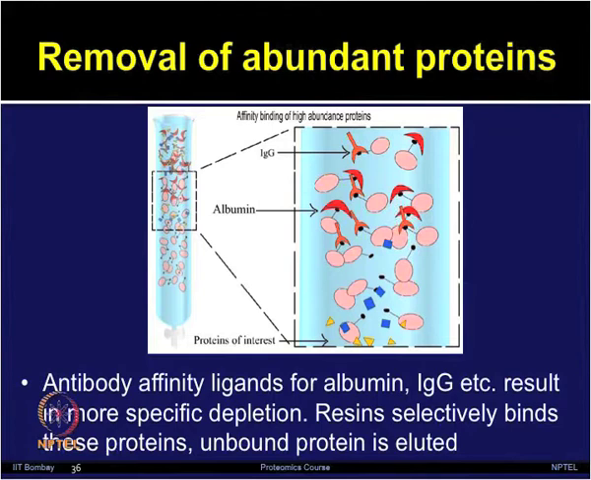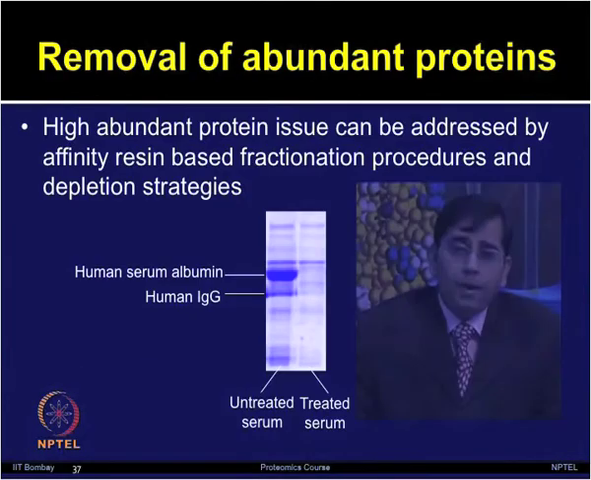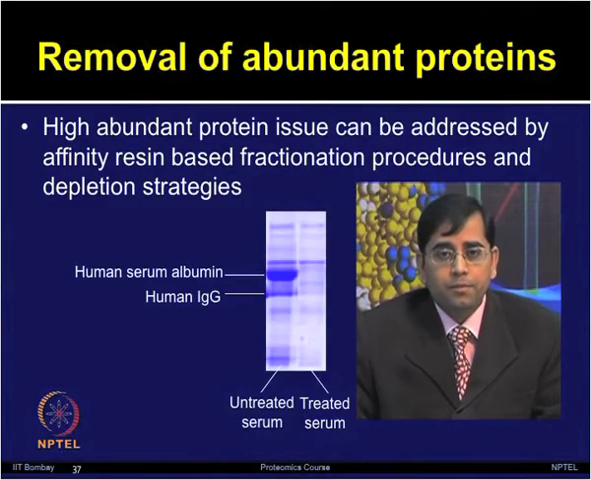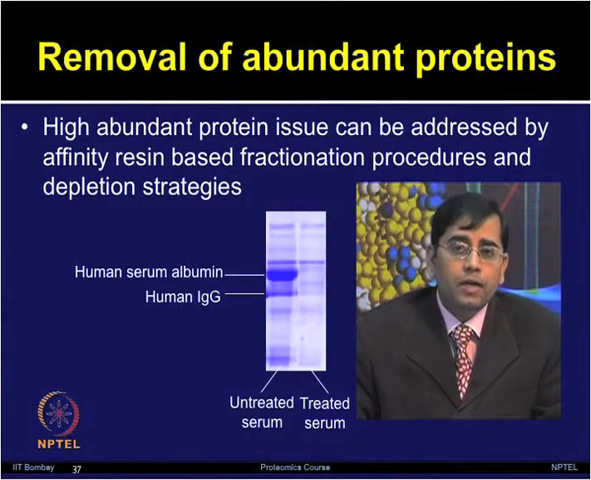The antibody affinity ligands are used for albumin, IgG and other abundant proteins, and it results in very specific depletion. These resins can selectively bind to these proteins, and unbound proteins can be eluted in a suitable buffer. By applying the affinity resin based fractionation method and different types of depletion strategies, one can get rid of the